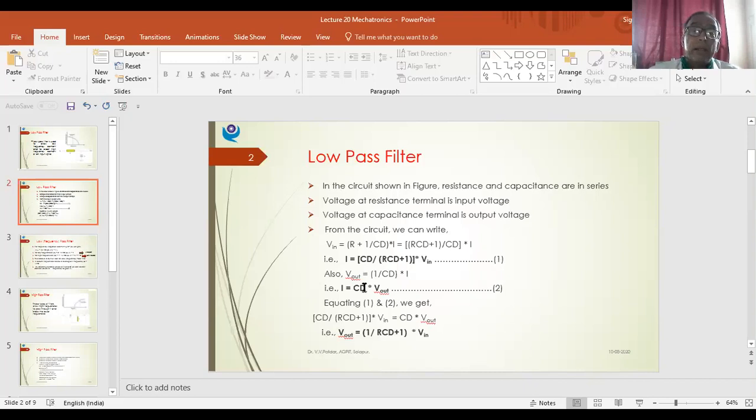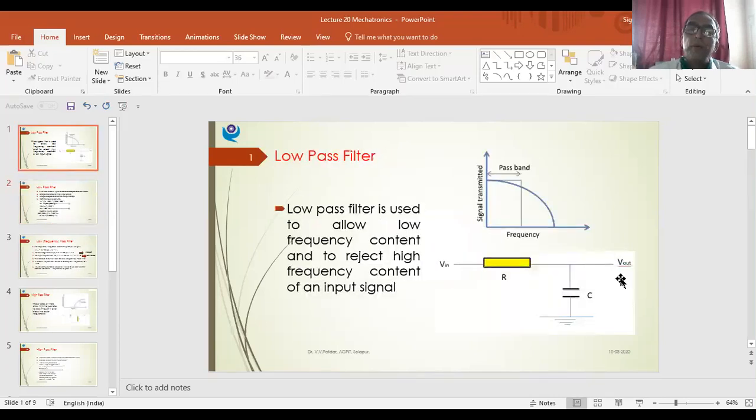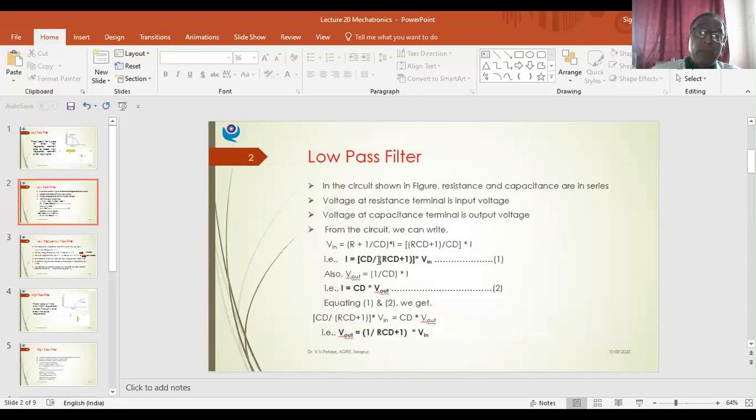Now equation number 2, the second half of the circuit. What I said? Second half of the circuit, right hand side, V output, and only C is there. So what is this? V out is equal to 1 by CD, only capacitance is there, so 1 by CD bracket multiplied by I. Solving it for I, what I get? CD in the numerator into V out. So this is my equation number 2. And why can I equate these two equations? Because the same current I is flowing through the system.